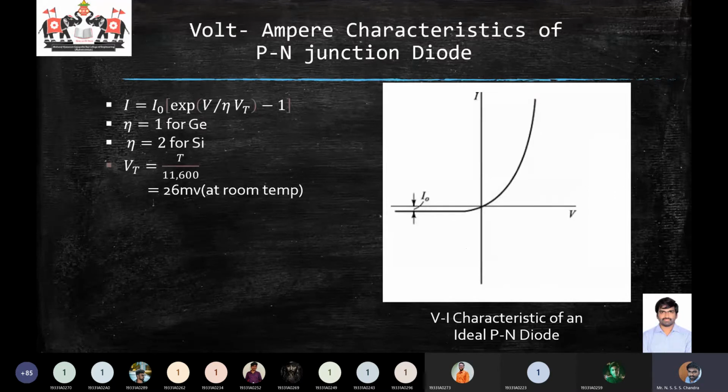So here, if you take the same kind of ranges on both the positive y-axis and negative y-axis, you may not be able to see the value of the reverse current, because in forward bias the current will be large, whereas in the reverse bias the current is only of the order of microamperes to nanoamperes. In germanium, it will be in the order of microamperes. If it's a silicon diode, your reverse current will be in the order of nanoamperes. So you may not be able to see it if you are using similar ranges on both axes.